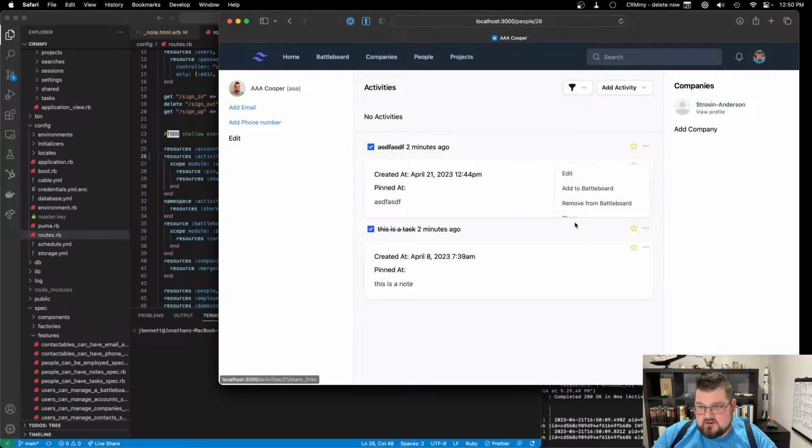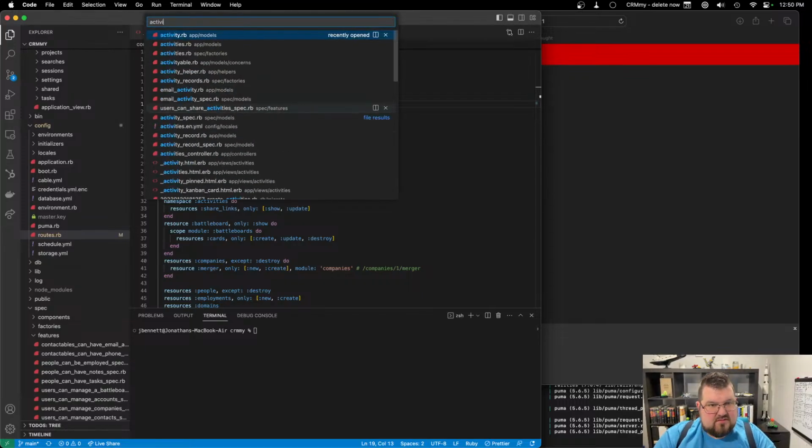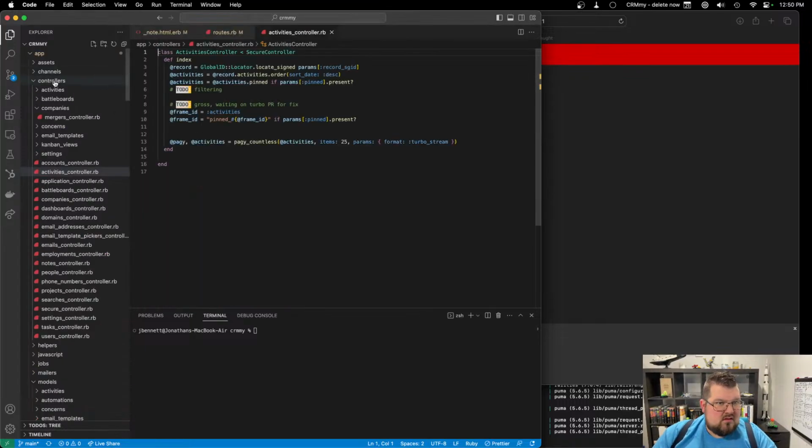Okay. So if I come in here, I can archive link, and it's not going to have anything. So let's go to activity controller and let's add a def update. So in here, we're going to do the activity. It's on my to-do list to have activities be scoped to the account, which we can't do right now. So that's definitely a security issue, which needs to be addressed before this goes for real. So right now, we're just going to do